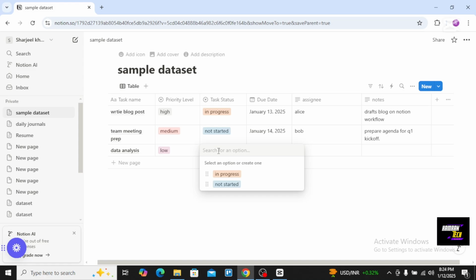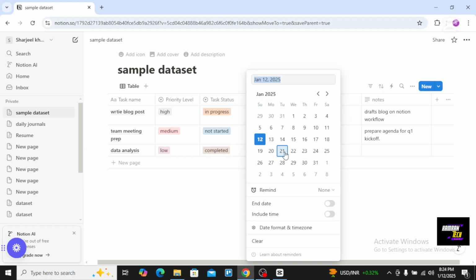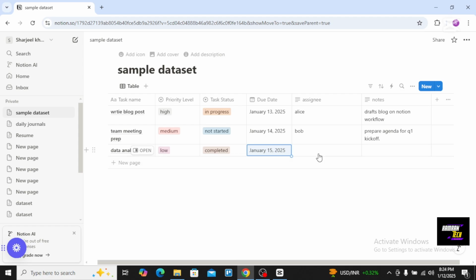I will give it completed, tap enter, and give the due date, which I will randomly set to 15th of Jan. Again give the name Charlie, enter it. And for its notes,